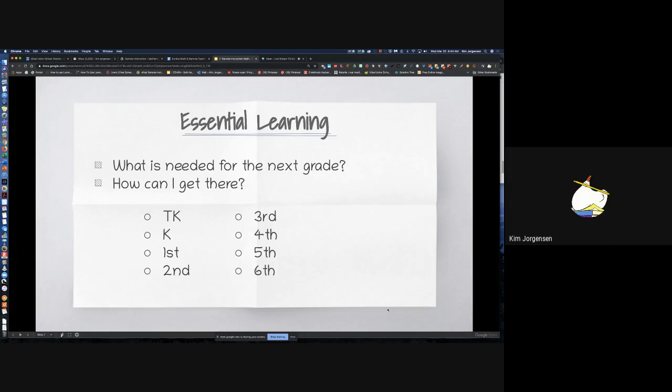So TK, before they get to kindergarten, they need to be able to count to 5, and they need to have one-to-one correspondence if they can get there, since that's developmental. All the other stuff you do is wonderful. But if they get to kindergarten and they can't count to 5, they are going to have trouble. Kindergarten, they need fluency in sums to 5. They need to understand how to make sums to 10, and hopefully cardinality, which means understanding the difference between a quantity and counting to the same number every time.